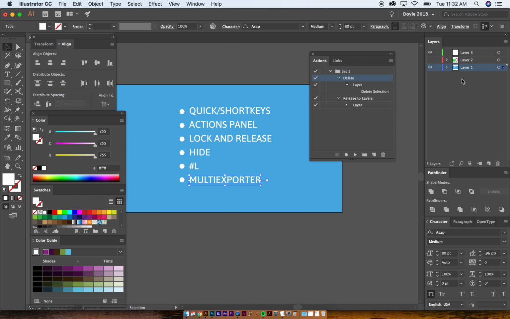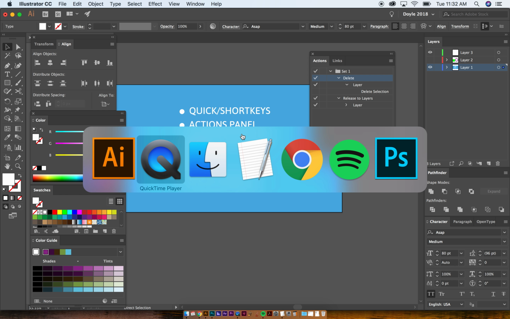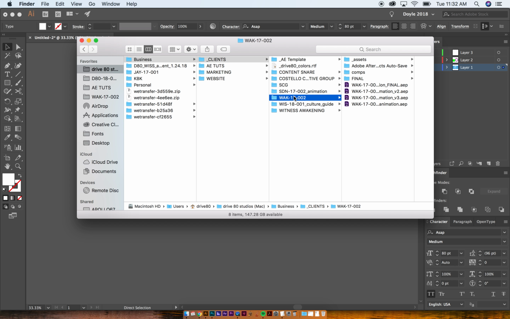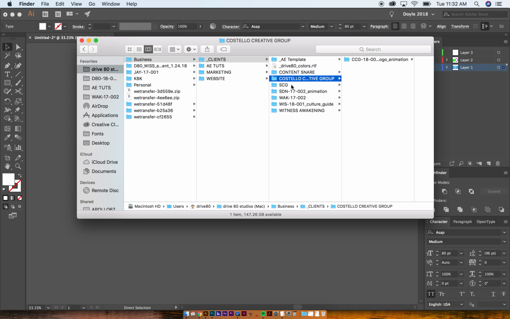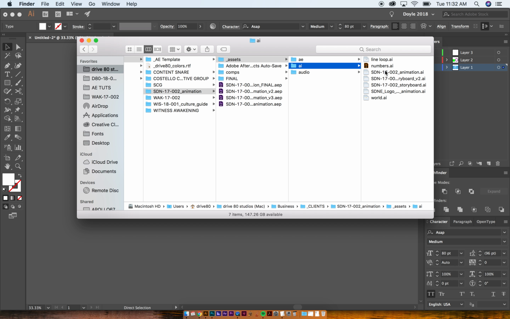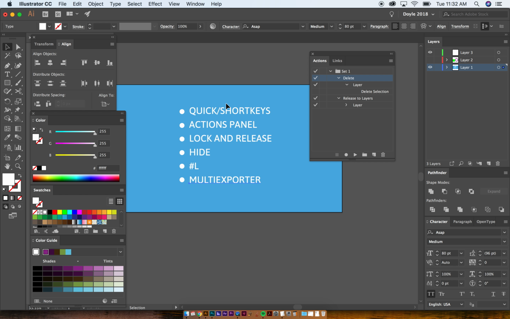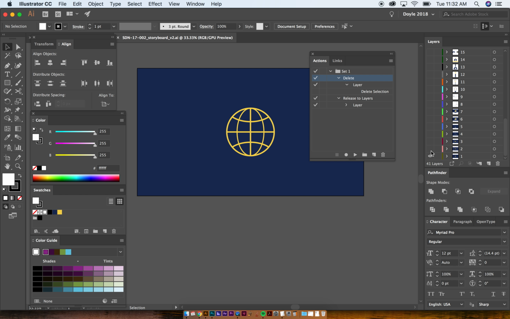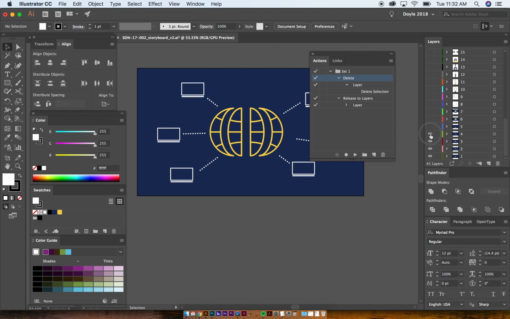So multi-exporter was really helpful because when I'm showing a storyboard to a client, I can go to clients, SDN. All right. So these guys, when I had their storyboard, if I go to AI, do their storyboard. So now their storyboard is all of these layers, and this is showing the client what this thing's